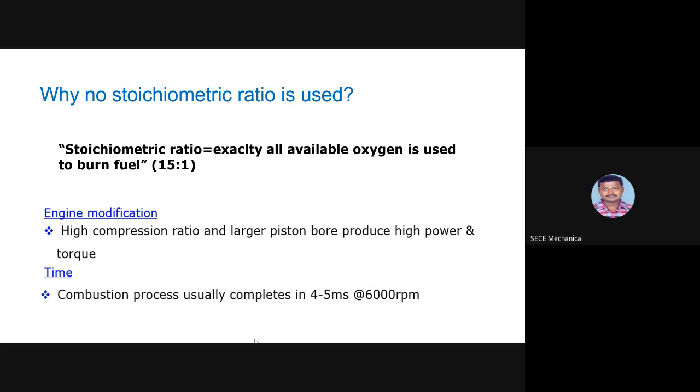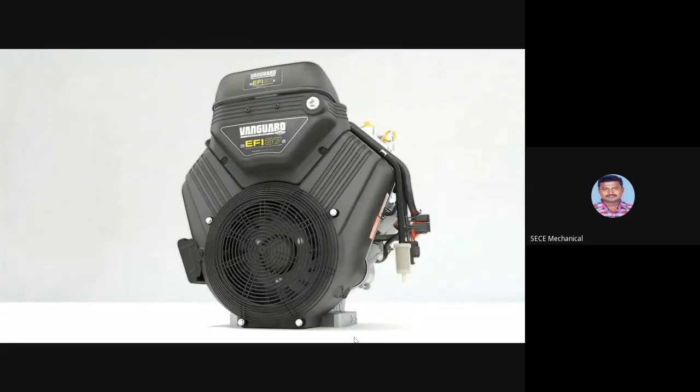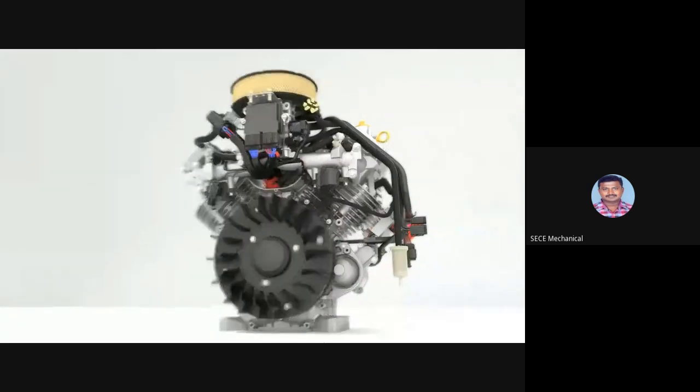And the combustion process usually completes in 4 to 5 milliseconds at 6,000 RPM. And load and temperature. At high loads, the stoichiometric ratio burns very hot, and pre-detonation might occur, causing engine damage. Variable ignition timing advance. Modern electronic fuel injection systems